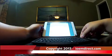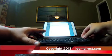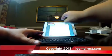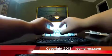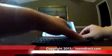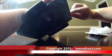So let me show you. If I were to turn off the keyboard, which it does have an on-off switch right here. If I did turn it off, what happens is that 50% of your screen is actually taken off by this internal keyboard. So definitely not cool. And if we want to be productive, we do want to